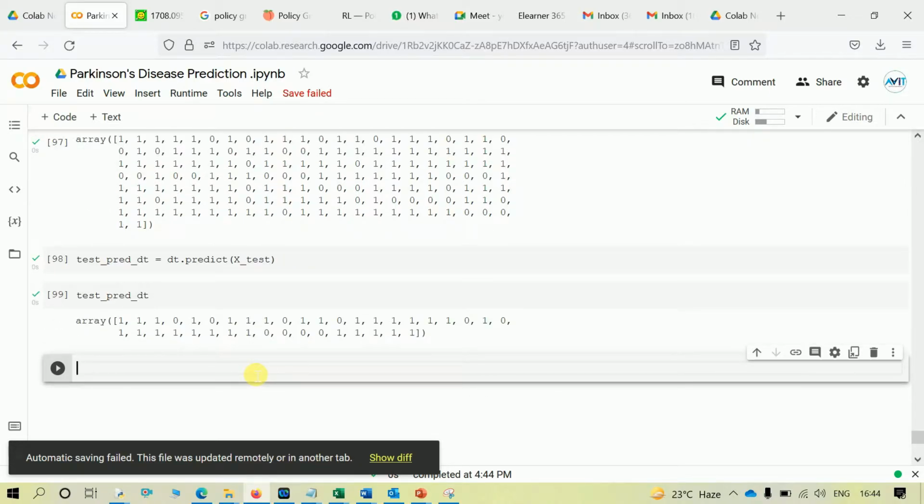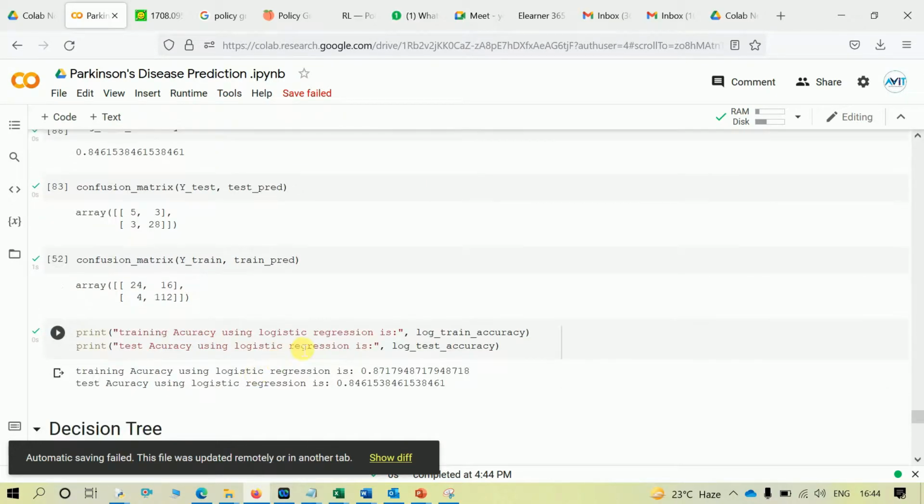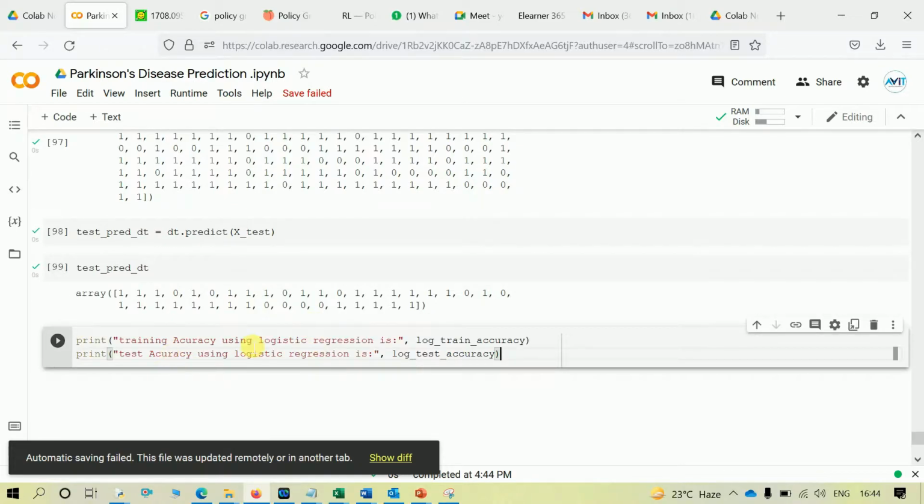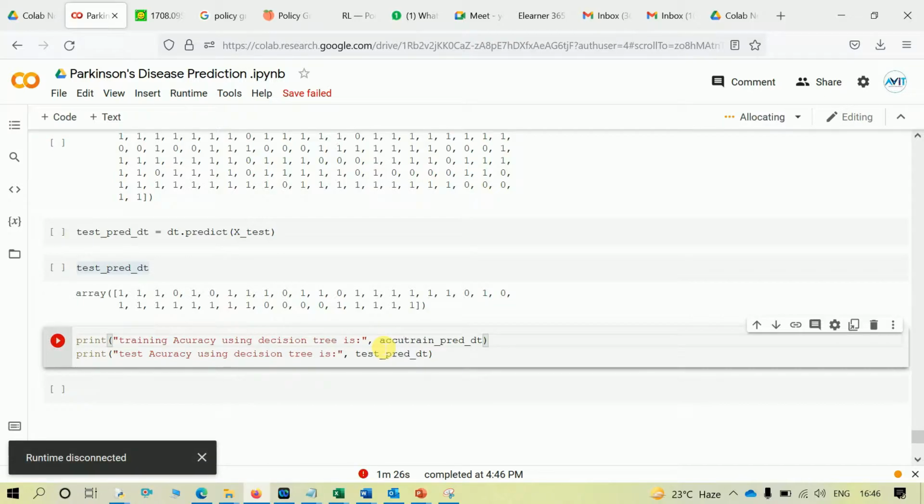So let me calculate the accuracy in here also. So what I will do, I'll copy the same thing and I'll change the names of the variables, and also this is for using decision tree. I'll change this. So this is actually the prediction scores. So I have to check the accuracy. So I have to write here accuracy score. Oh, this is written wrong.